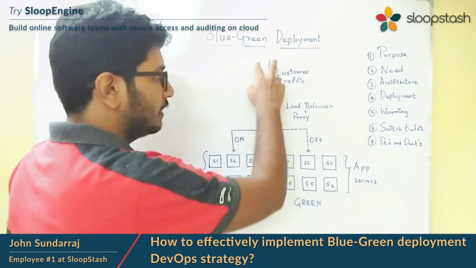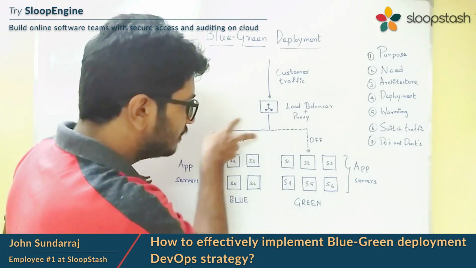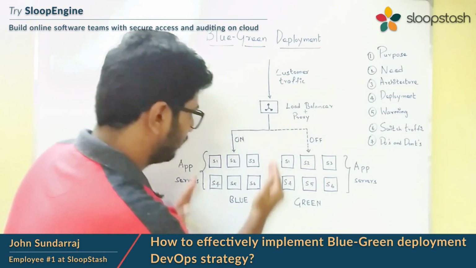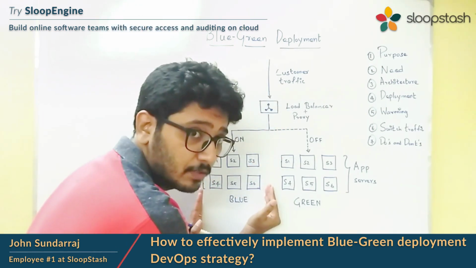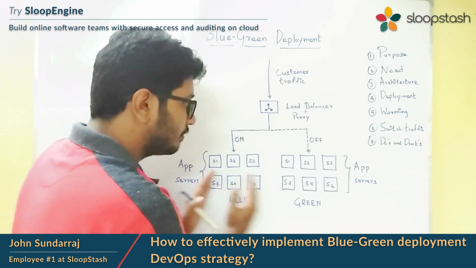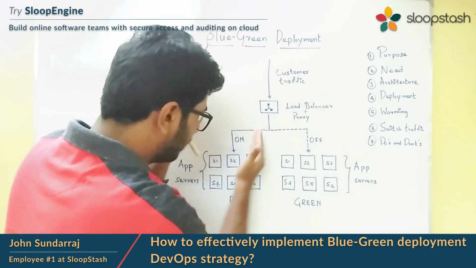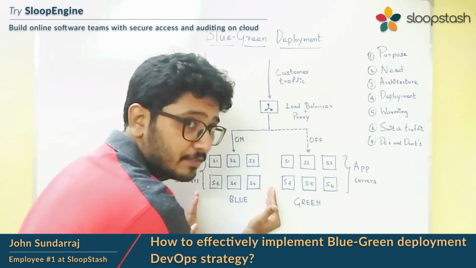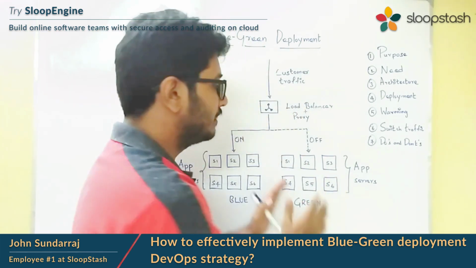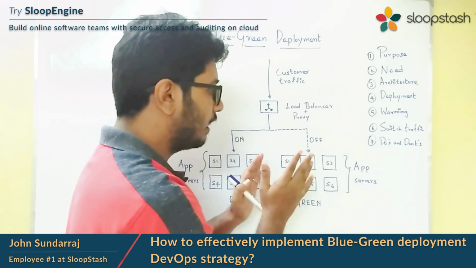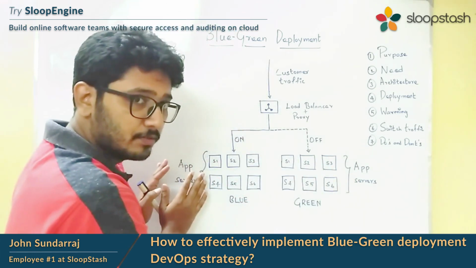And if you look into this, the customer traffic enters the load balancer and proxy, and the load balancer distributes the traffic to the blue fleet. So according to this diagram, the current traffic is being served from the blue fleet application servers. This fleet is also application servers. But right now, the current customer traffic is served from the blue fleet application servers. Basically, the green fleet application servers are in passive mode, which means they are all turned off. They are not up and running.